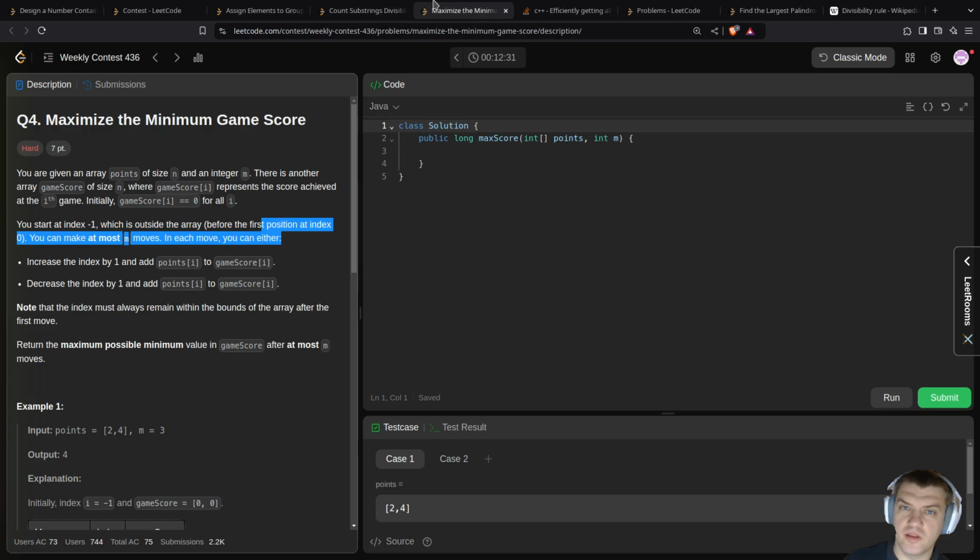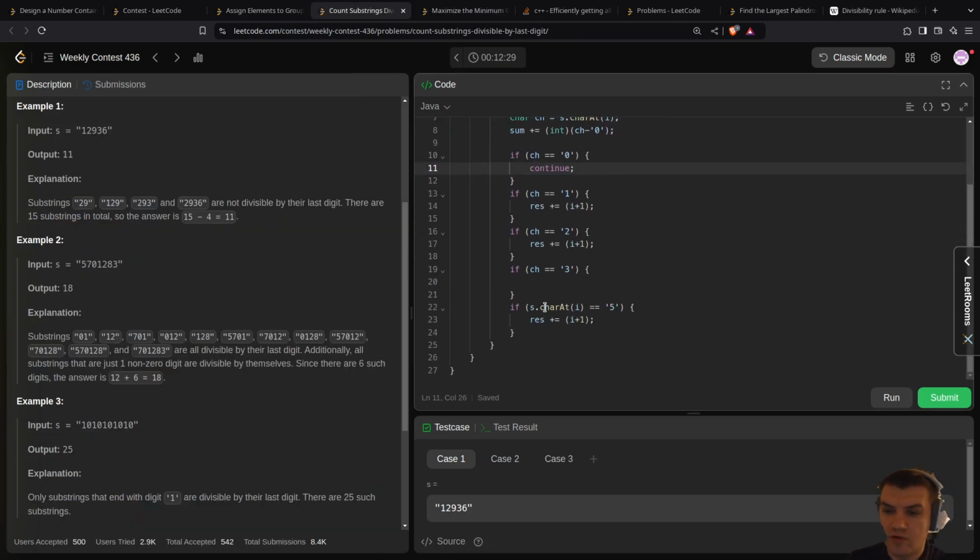So for the 3 it's difficult right now. For the 3 to do, for the 4 it will be something like